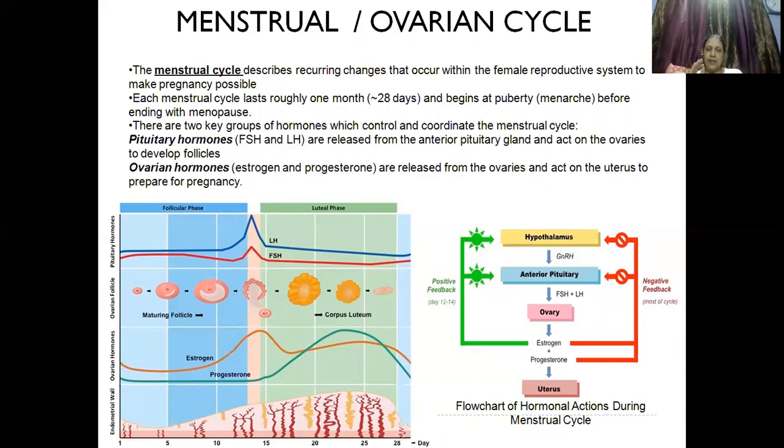Now while it is waiting to be fertilized, what would happen? The inner wall of the uterus starts developing to form the endometrium. That means the womb or the uterus is preparing itself for the pregnancy, or it is waiting for the